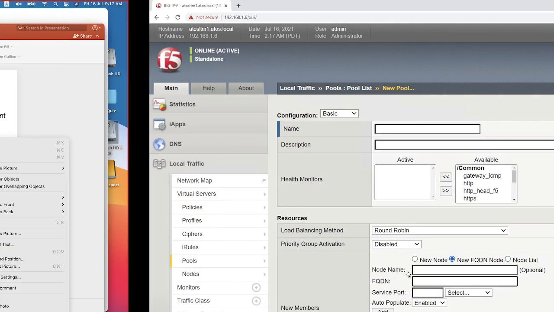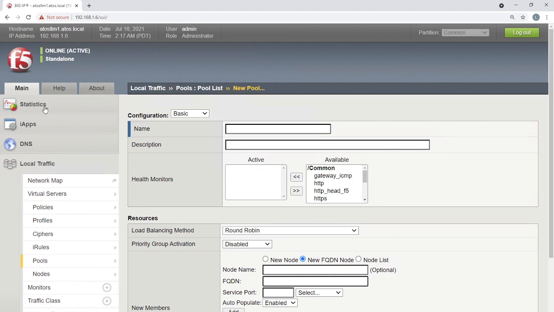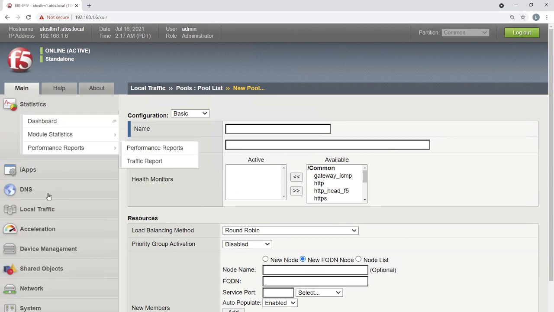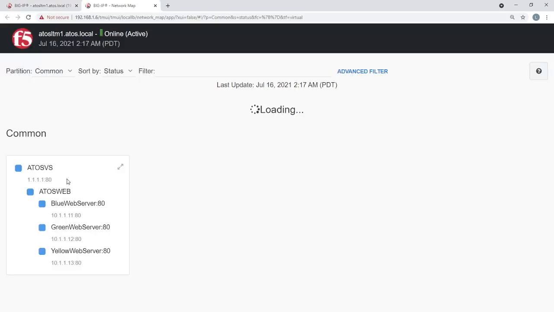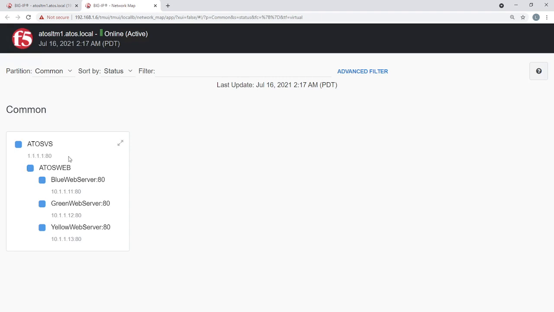Now I come to my setup. See, if I go to this network map, I can see the details of my Atos Web. Can you see this one? This is the name of the virtual server I have created. Am I right? Atos SVS, Atos virtual server. The virtual server IP address is 1.1.1.80, which is associated to a pool called Atos Web.